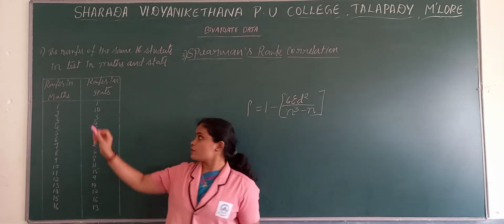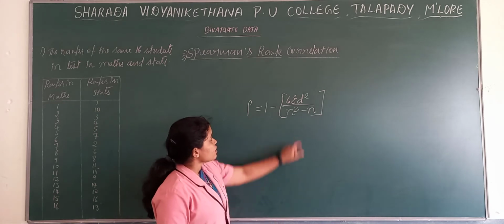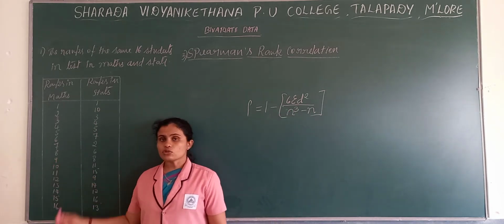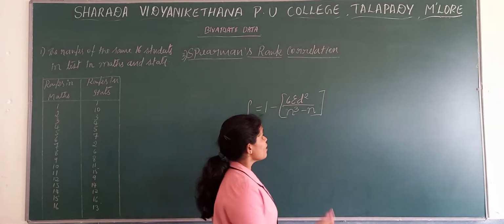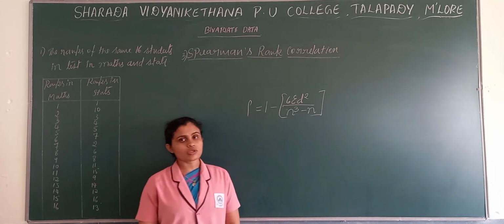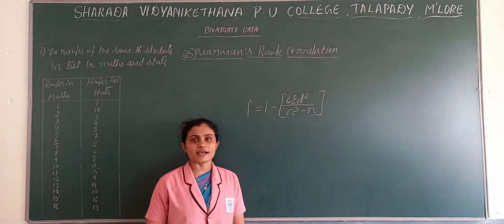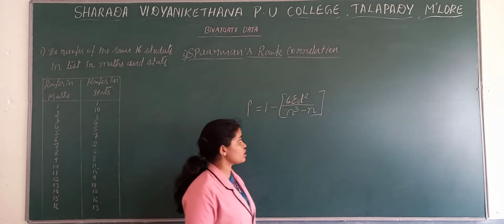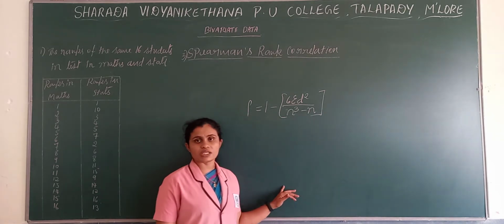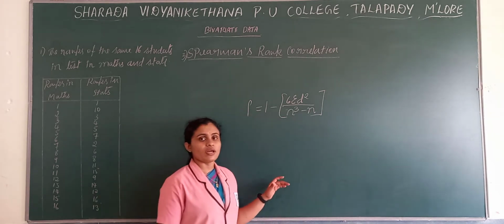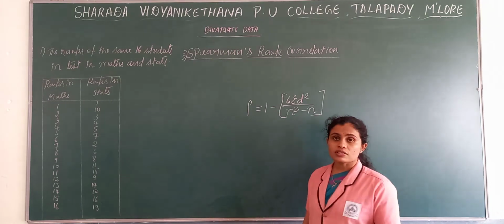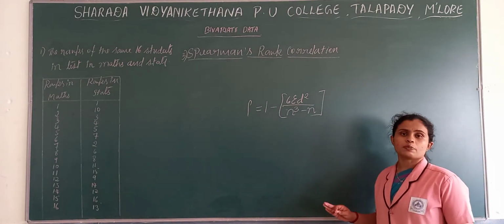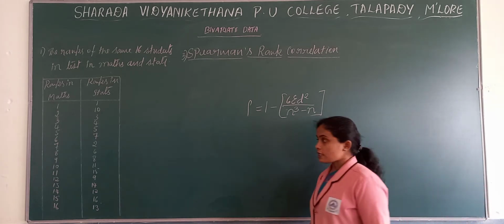How many observations are given? And d is the deviation, from the first rank to the second rank. This is mainly used where we analyze ranks. But here one more formula comes in the case of Spearman's rank correlation: when a rank repeats, with 3 or more persons, you have to use the other formula.